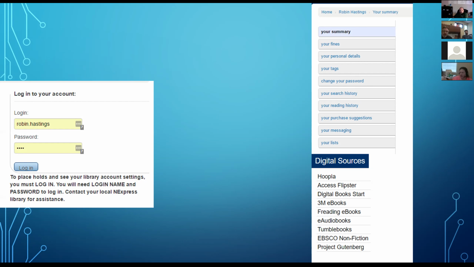Just in case you all aren't paying attention to the chat, Kayla has asked if there's a way for us to look up people's passwords, and there is not. We can reset it, but we cannot see it. Once the password has been entered into the database, we cannot actually decrypt it. It is so strongly encrypted that we can't decrypt it. We can only change it. So that's what that is.